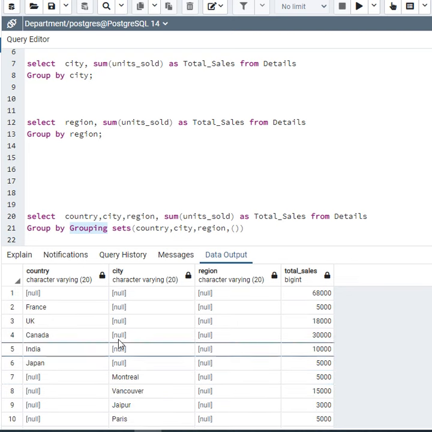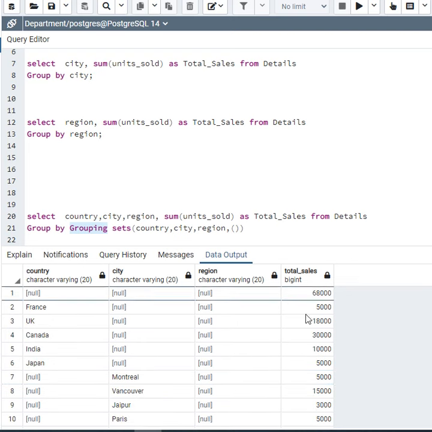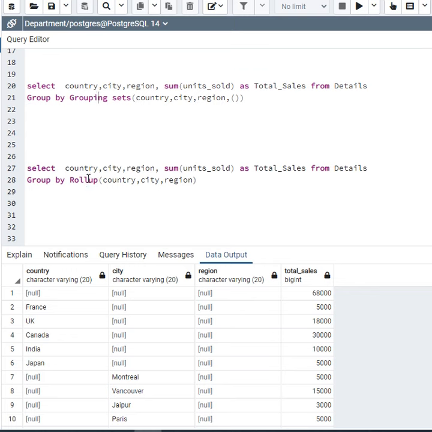But what if I want to see the overall total sales of the three columns, and the total sales of two columns only, and individually? For this I have the rollup function. Instead of writing grouping sets, I will use rollup. Now execute this query.